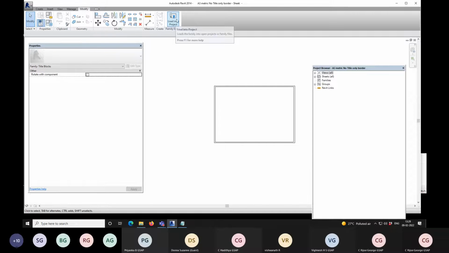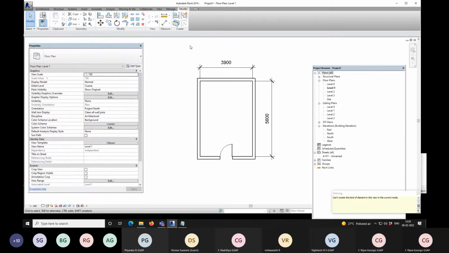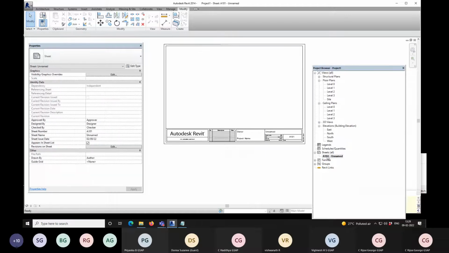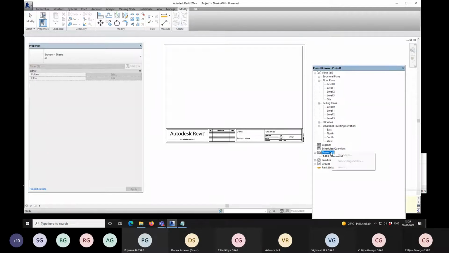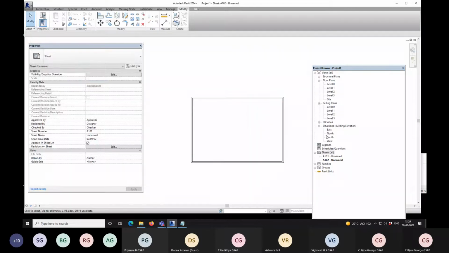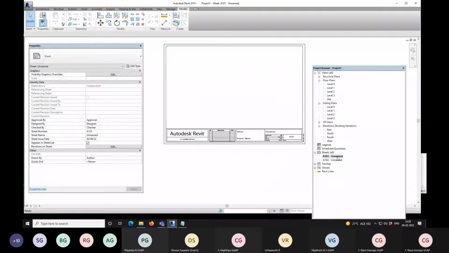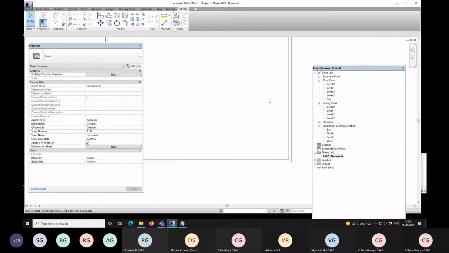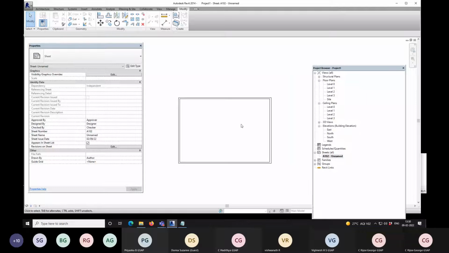And then what you have to do is click here called go into the project. Go into create. This means it will come into the project if you give new sheets and give OK. So now we have that old one which you don't want now. You can delete it. Delete, and you have only the one with a single border. Okay, so you can keep this as your new